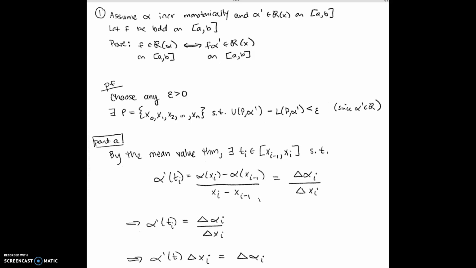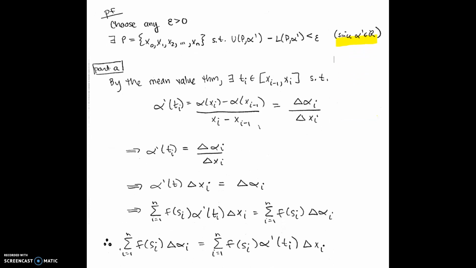All right, so on the worksheet, it started the proof for us. It started out by saying, choose any epsilon greater than 0. Since we know alpha prime is integrable on our interval, there exists a partition P such that the upper sum of P alpha prime minus the lower sum of P alpha prime is less than epsilon. So part A,